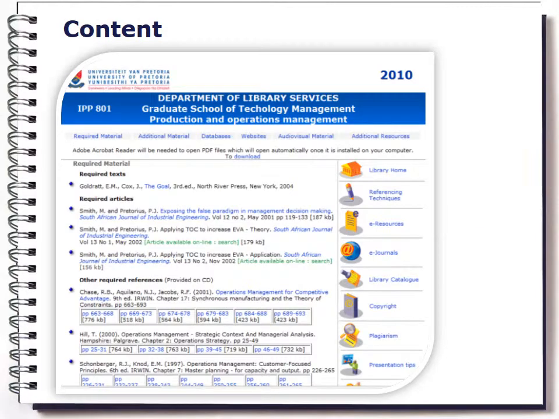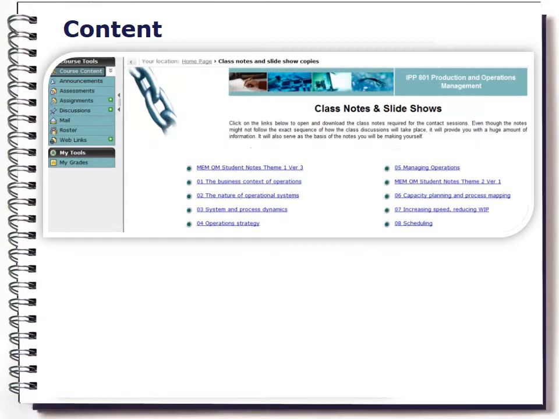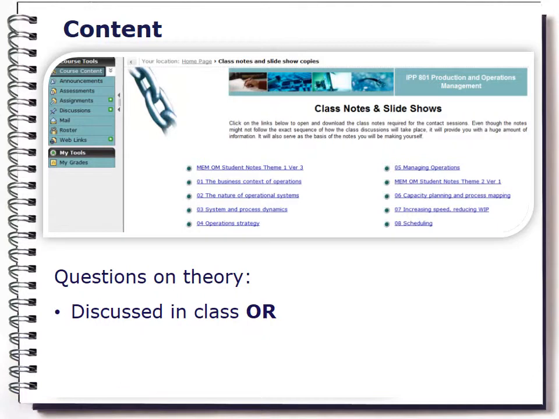Some other theoretical background for the course is provided either as chapters from textbooks or from notes that I've developed myself, which the students need to prepare for the class, which means I don't need to go through that theory in class, saving me time to really spend time on the issues that are important for the subject. Some time is spent, especially in the first contact sessions, to make sure that the theory is understood by the students, and any questions that they might have, either we discuss in class or they might start a discussion where the theory is then discussed and clarified.